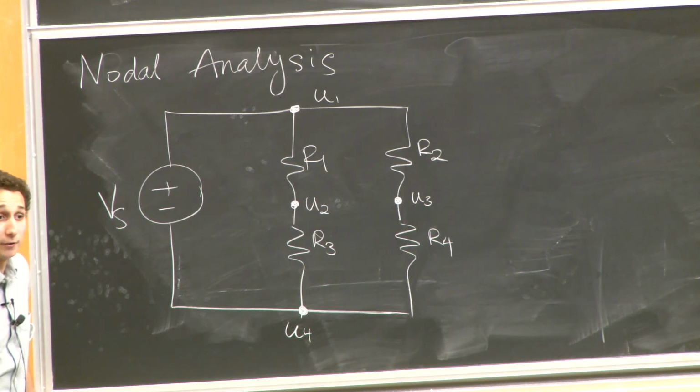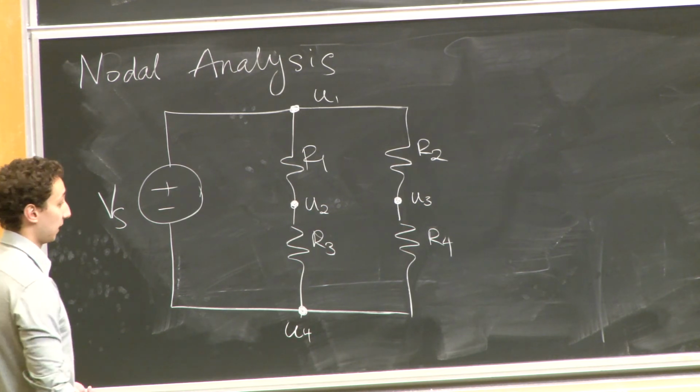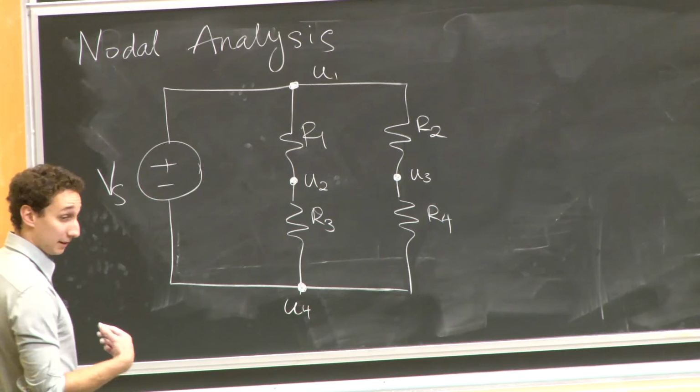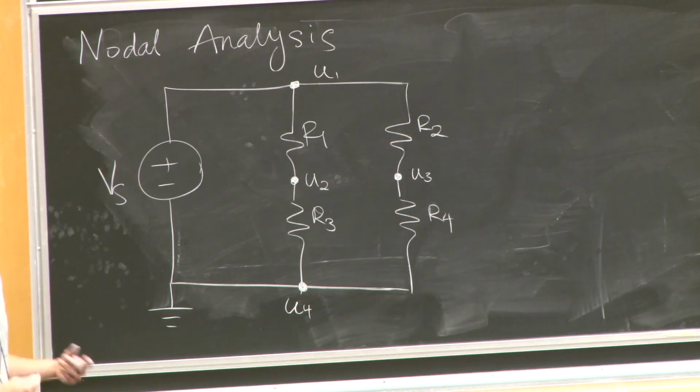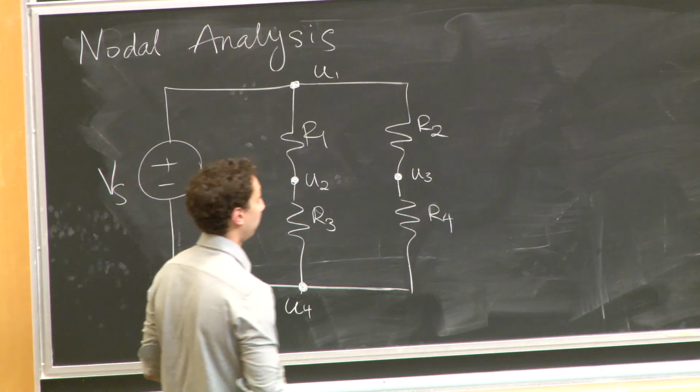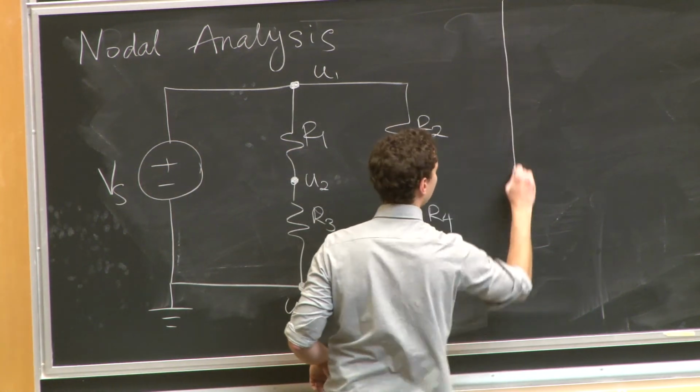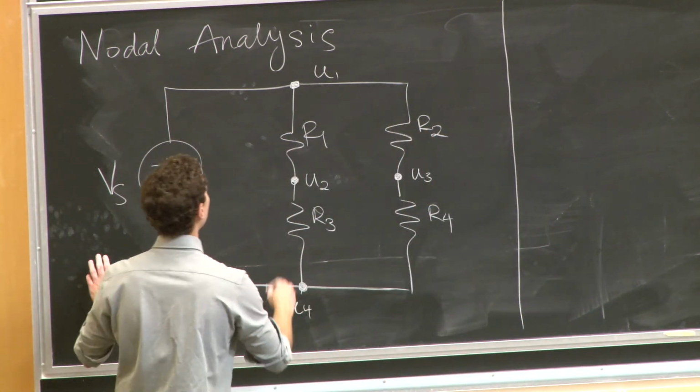I have to define a ground, some potential that I just say is ground. Now, I would probably choose this one, but you can choose whatever you want, okay? I'm going to choose this one because it makes things easy later on. And now what? Now I sum the currents at every node. So let's do that. For each one of these,